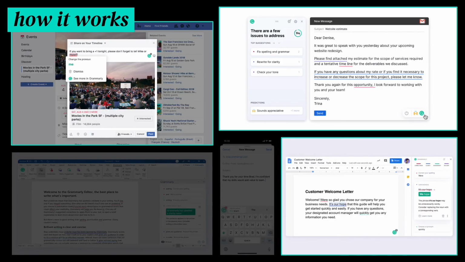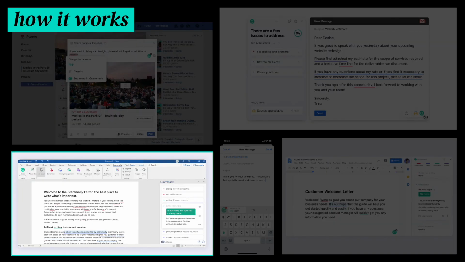These images show Grammarly's Google Chrome add-on. I personally use this one the most. It's great for proofreading emails in Gmail and documents in Google Docs. It can also be used to revise social media posts on sites like Twitter, Facebook, and LinkedIn. This image shows Grammarly's Microsoft Office add-on. This is useful if you frequently use Microsoft Office instead of the Google Suite.